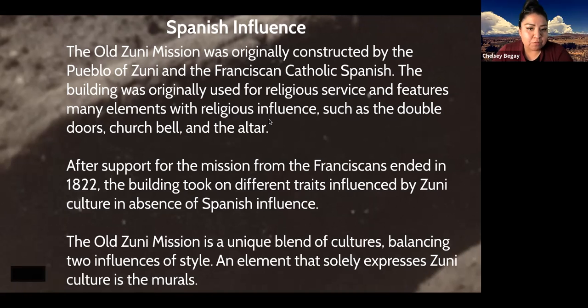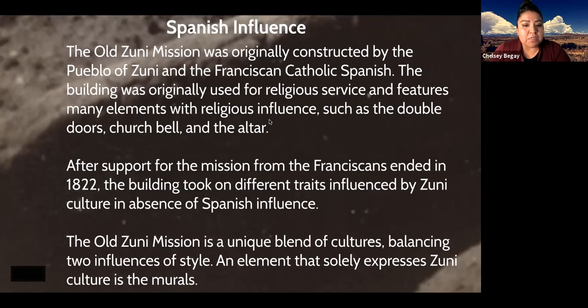After support for the mission from the Catholic people ended in 1822, the building took on different traits influenced by the Zuni culture in absence of that Spanish influence. So the Zuni people really started to see this mission as their own and started to embrace that.